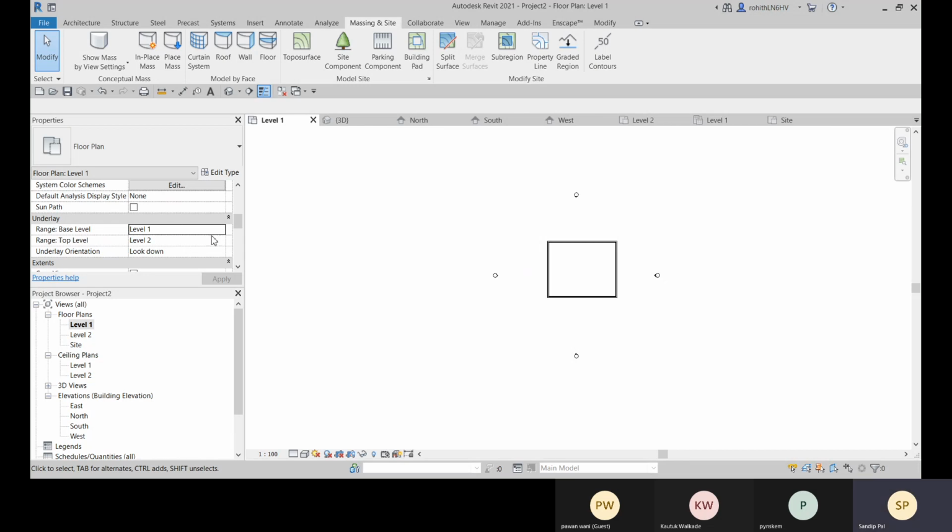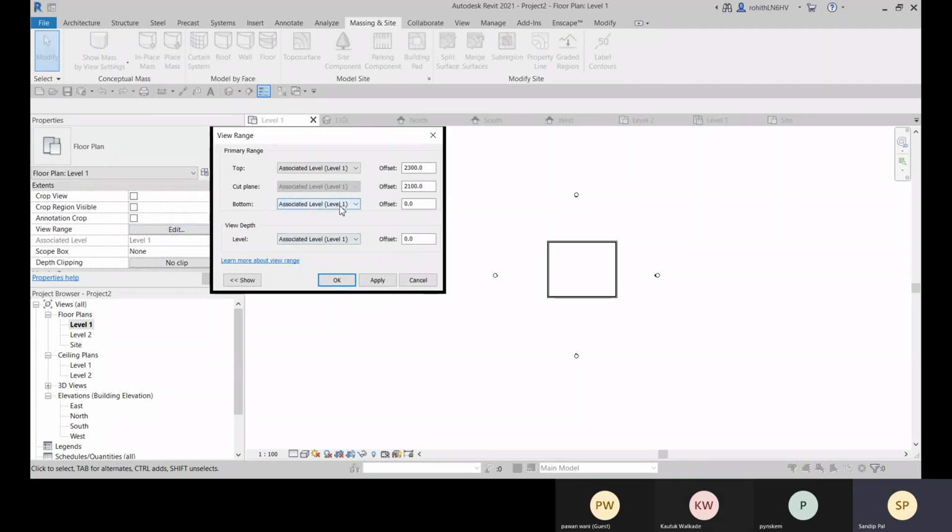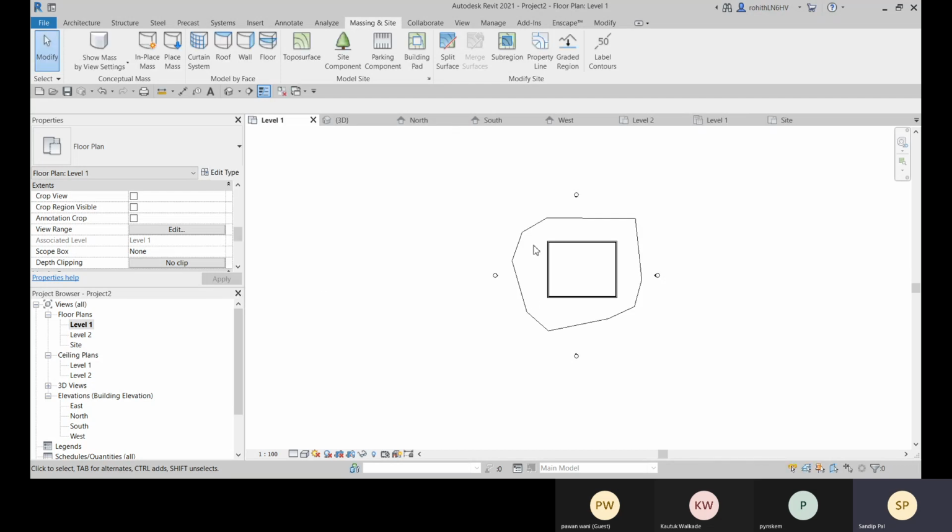Right now it is not visible, even if I apply this underlay. So now let's go for this view range. Go for its edit, and that will be the level below. There is nothing in the level below. We'll go for unlimited and click on OK.